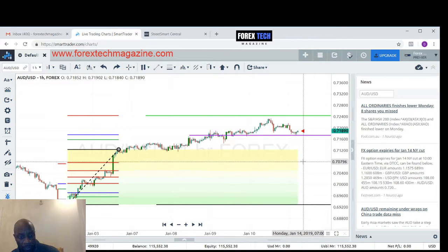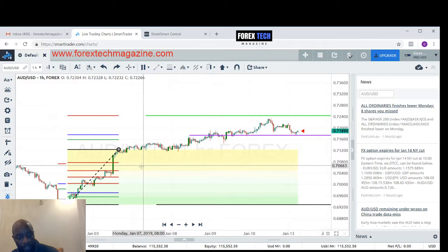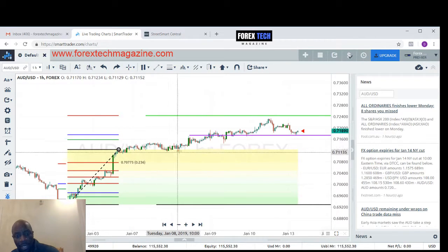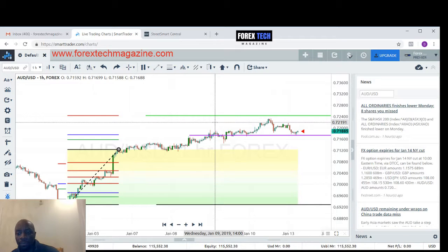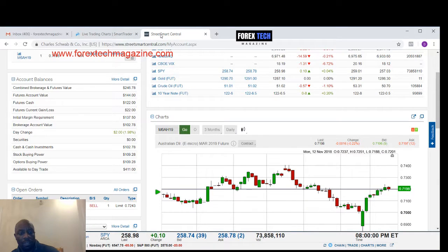One thing I will say about this particular pair, when we initially got into this trade, it was a very shallow pullback initially anyway. So that's why we thought it'd have a lot more power, a lot more energy to get us to our target in a shorter period of time. Fortunately, it's kind of played out for a little while. Hopefully here within the next 48, 24 hours, we should be able to get some type of push to get it up, right? Right now that puts us only for this particular account at $22, so it's not much,